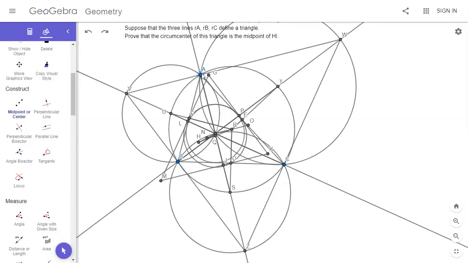So if I took the three midpoints, let's see. Yeah, I wonder if that would do anything. I don't know, but